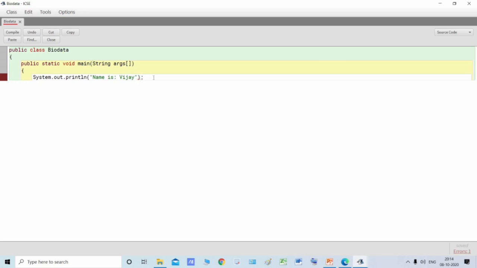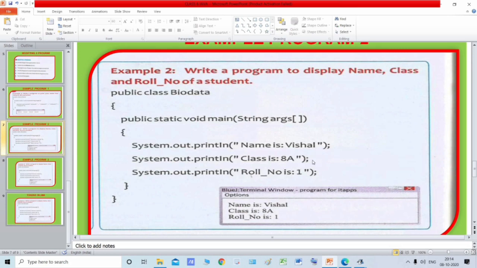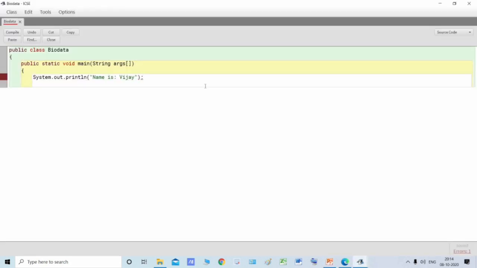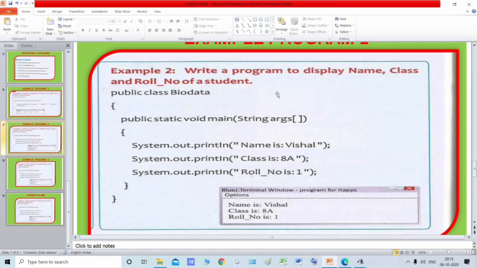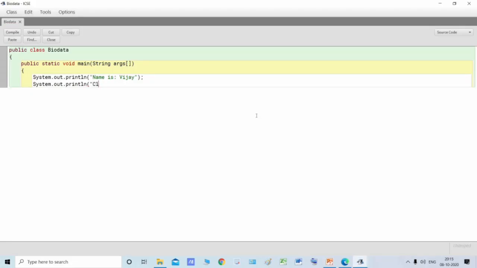Then, moving on to the next line, System.out.println. The next thing, class. Class is, suppose 8th. I'll just write 8th.